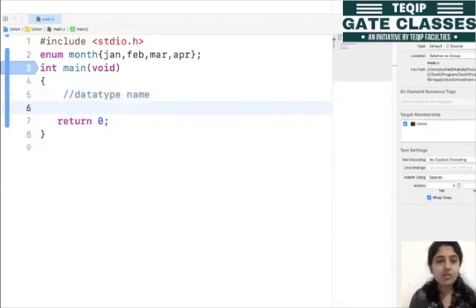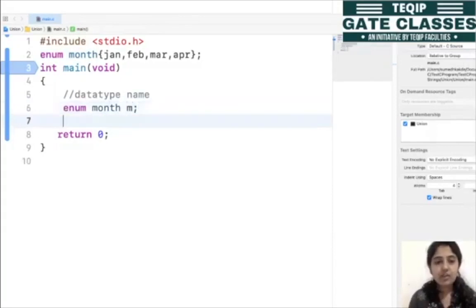In this case enum month is our new user defined data type, so I have to mention this enum month, and after this we have to pass the name of that particular variable. So let's say here the variable for this user defined data type is m. Here it is yellow because we got one warning that this is unused. So let's use this variable.